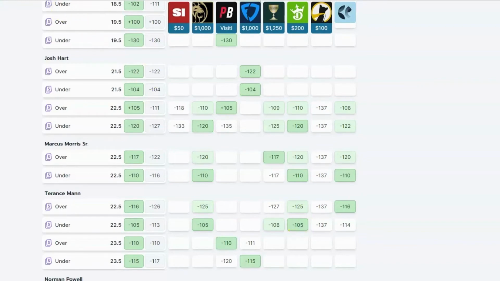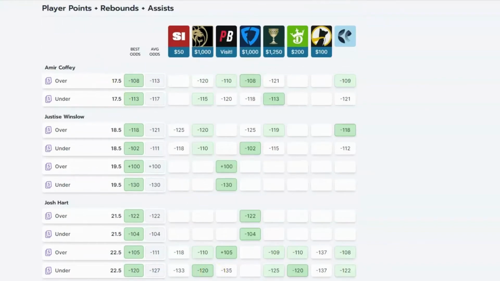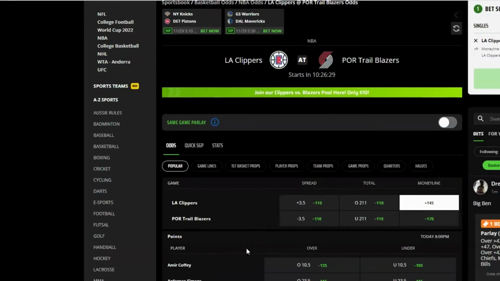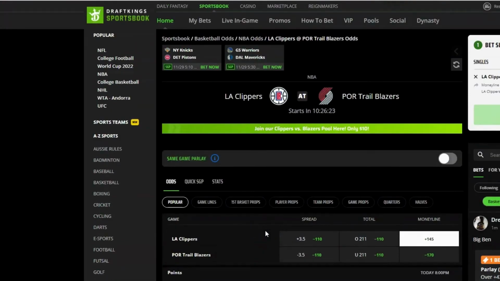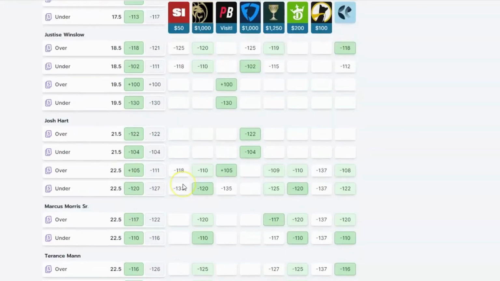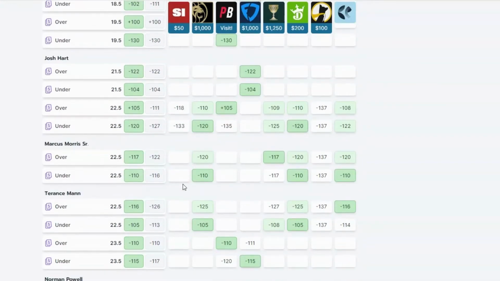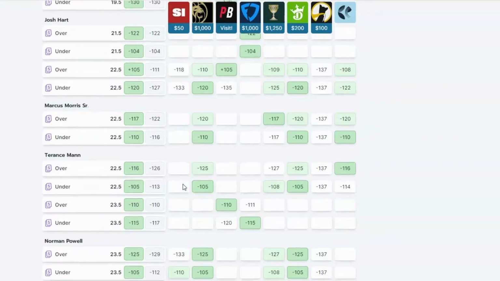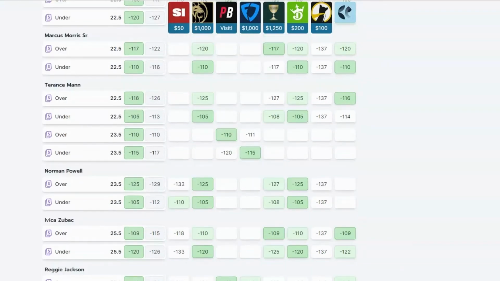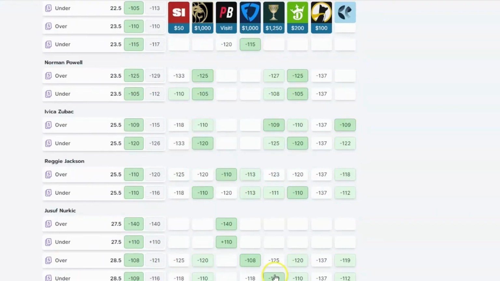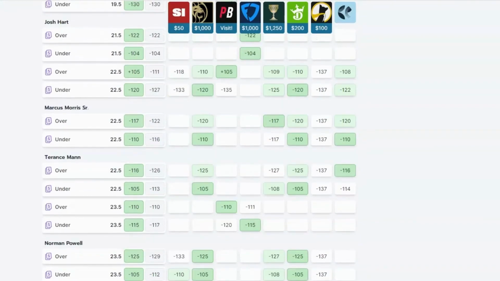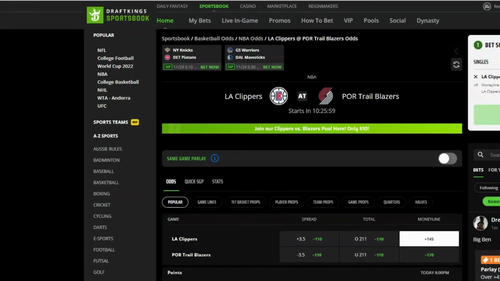So again, you'd come back over here, and this is on player points, rebounds, and assists, and you would piece and parcel this together so that you can create the maximum value on these wagers and on these free bets. So not only are you getting a good value from the sportsbook, but you're using OddsJam to really accentuate and expand that value, so you're not just willy-nilly randomly putting information in that may or may not work. So you're actually using this as a tool to customize and strategize your bets and your wagers. So, all right, hopefully that was very helpful. It's very quick, very easy, and we'll take a look at more soon.